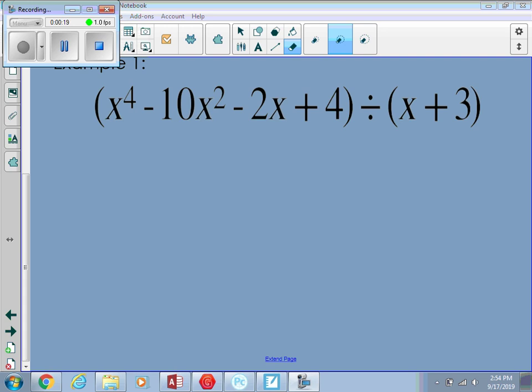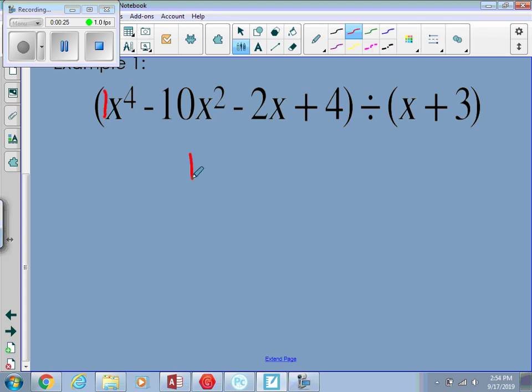So technically in front of this x to the fourth, we've got a 1. So we're going to put a 1. And then we go in descending order. So we have an x to the fourth. We should have an x to the third, right? So really we have plus 0x to the third because it's not there. So we have a coefficient of 0. And then we've got a coefficient of negative 10 with our x squared, a negative 2 with our x, and